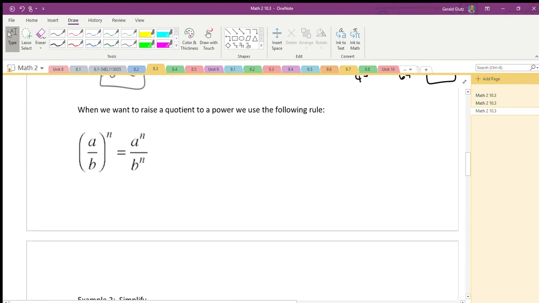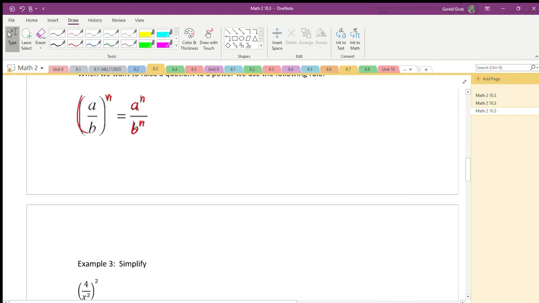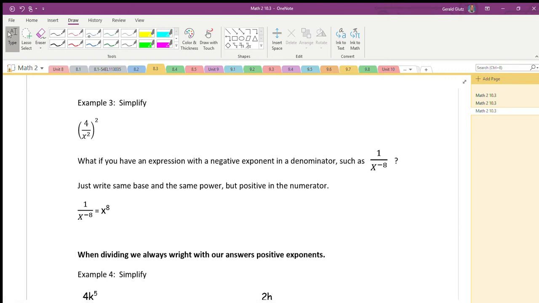So if we have a fraction with an exponent, all the numbers inside of this fraction would get this exponent. So that's how we get a to the n divided by b to the n, and no more parentheses. So in example 3, if I want to simplify 4 divided by x squared, all squared,